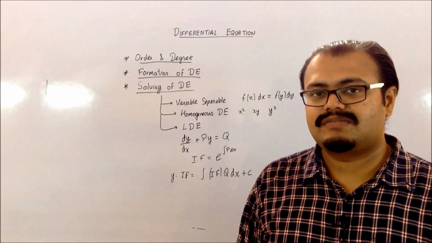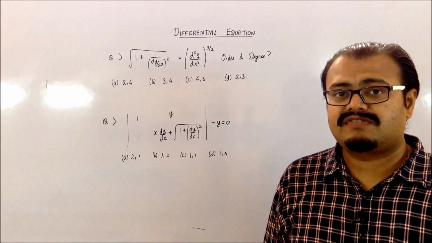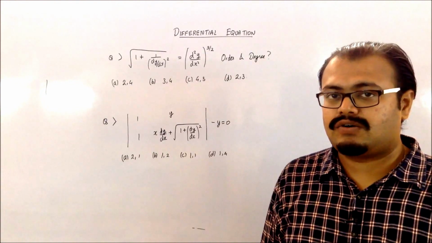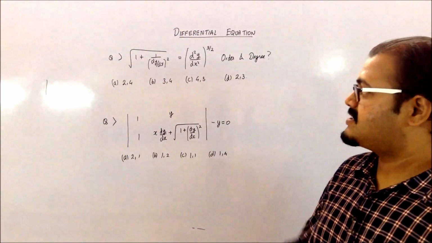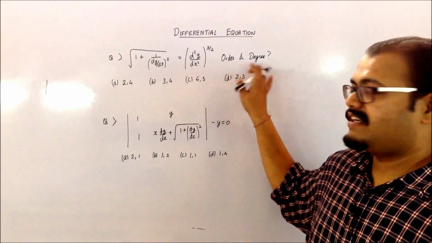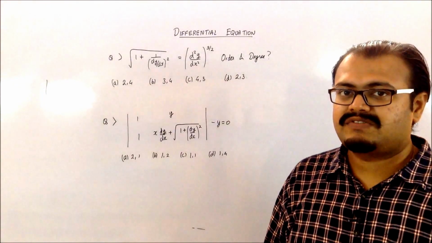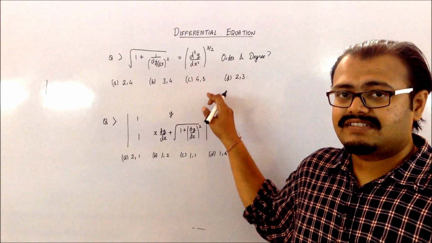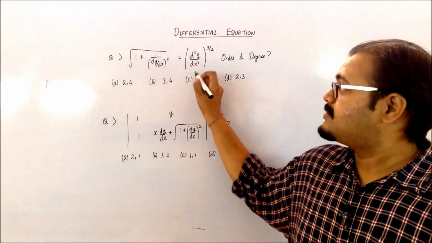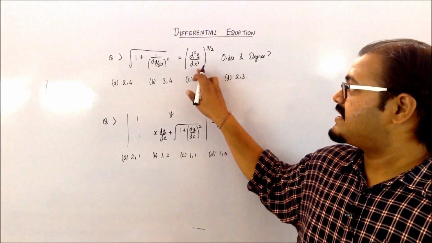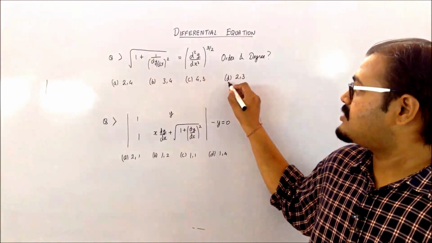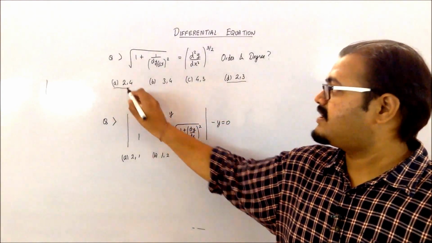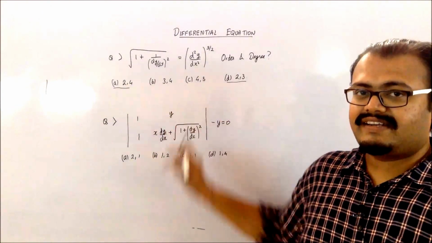So now let's go to the problem section. Let's go to the first type of question, which is finding the degree and the order. So the question is given like this and you have to find the order and the degree. Some of the questions might be asking only one of them. In this particular equation, you can see that the order is directly, you can write it as 2. So since you are getting the order as 2, it's option either D or A. So the other you can eliminate.